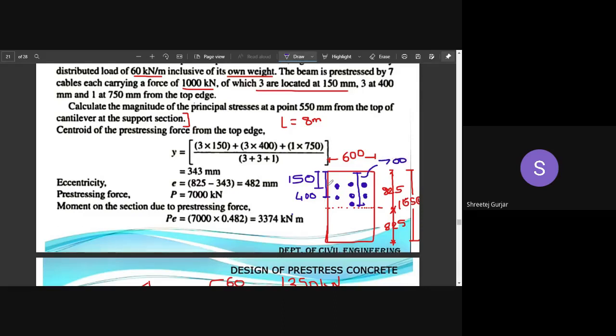Okay, so we have drawn the cross section. Now you can observe that these particular cables are above your neutral axis, and usually the cables are provided below the neutral axis, right? Here they are provided above because it is a cantilever beam, sir. Okay, the reason that you have given is correct. Now what is the logic behind this? Why do they provide cables at the top, above your neutral axis, in a cantilever beam?